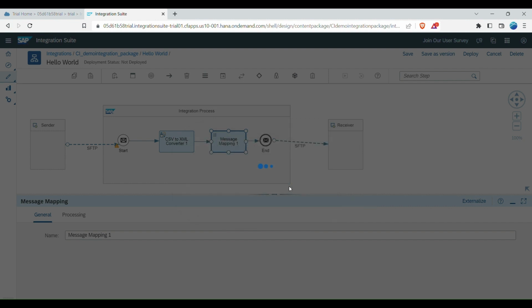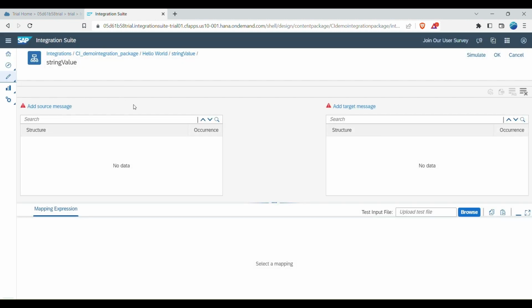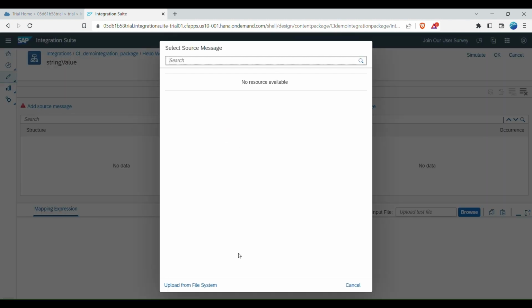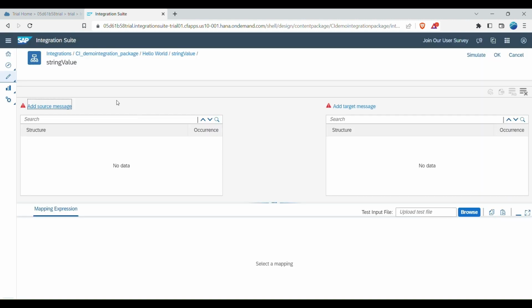You can create a mapping here. This will be the page for the string value, and under the hello world package we have to add the source message and the target message to provide a mapping. But currently we don't have any such input source message. We'll have to add it, and then we can do a hands-on separately on how to use the mapping expressions and everything. So this is just a very high-level overview of how the mapping transformation is done and what the tab for it is. In a similar way, we have XSLT mappings, value mappings, and operation mappings. So this is all for this particular